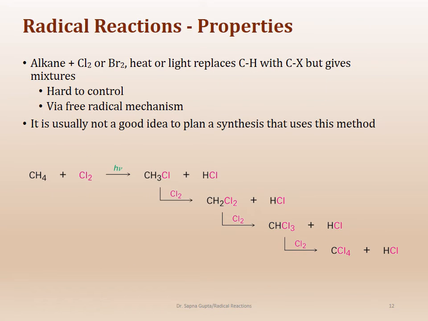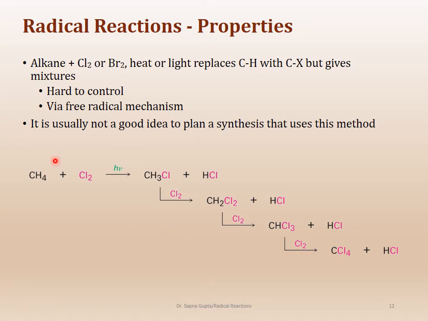Now let's look at some of the other properties of radical reactions. We just covered energetics, in which we see bond breaking. But now let's get a little bit more into the actual synthesis that's going on. So for example, if you take an alkane with chlorine or bromine and then expose it to heat or light, what happens? Well, it's really very hard to control the reaction. As we said, free radicals are very high in energy, and because they're going through a free radical mechanism, they can do anything they want, because you have no control over what's going on inside the reaction